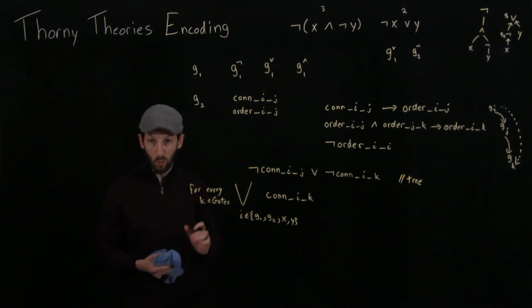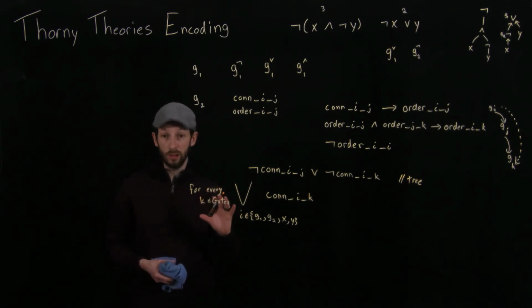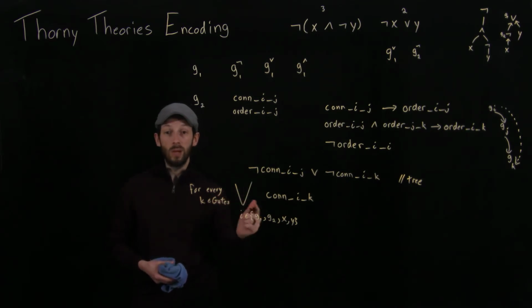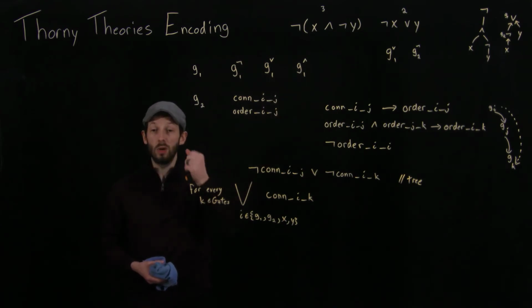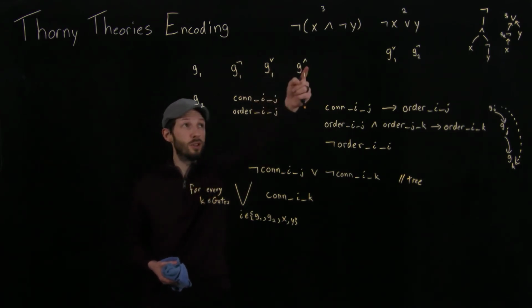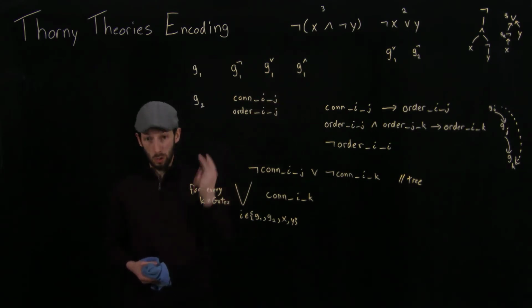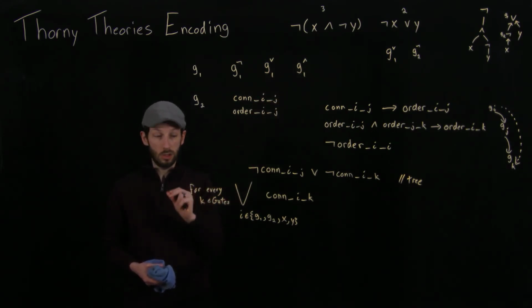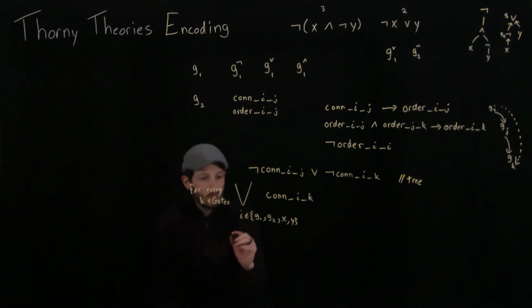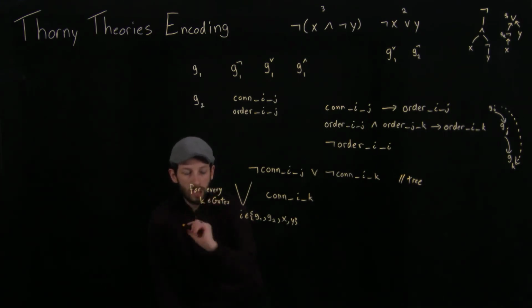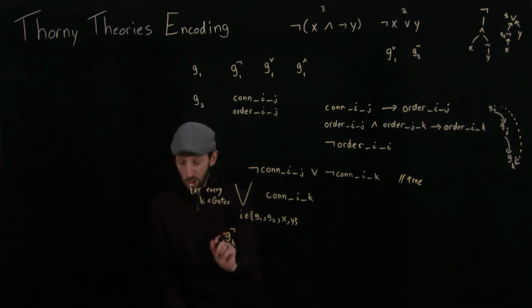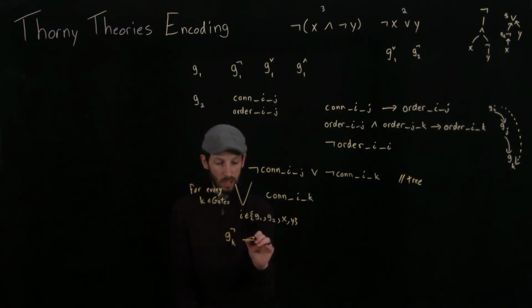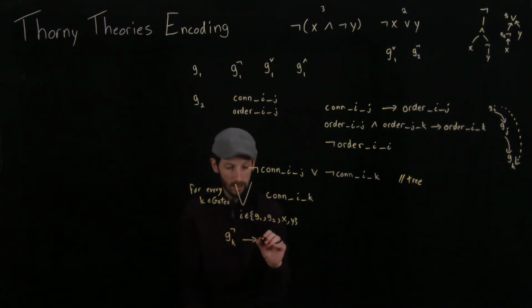Now, if we want to restrict what the individual gates look like based on their type, then we have information based on the type of gate here. So if a gate is a negation gate, it should only have one input. If a gate is a disjunction or a conjunction gate, it should have at most two inputs. And so the way to get at those constraints are as follows. So if we say, again for every possible k in the gates, if the gate is a negation gate, if we've decided that it should be a negation gate, then it should be the case that